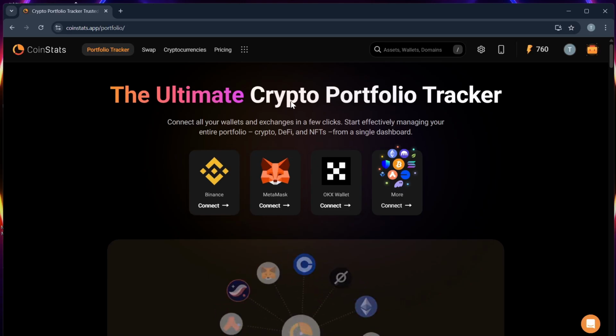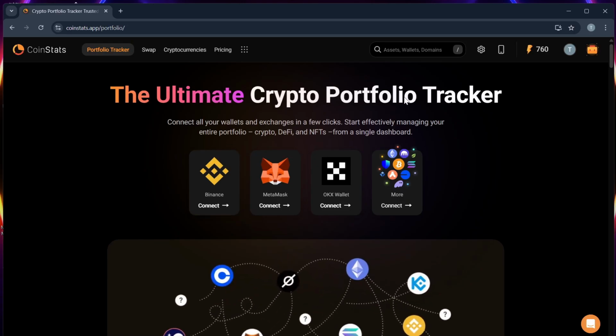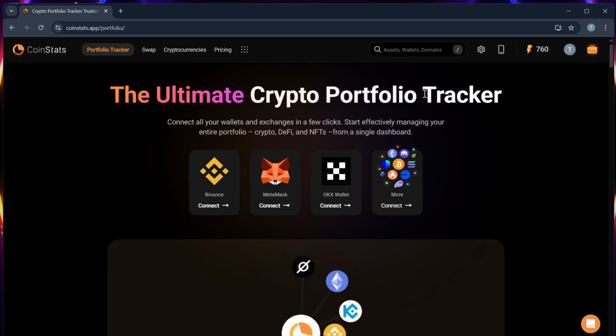CoinStats app tutorial. In this video, I will show you how to use CoinStats to track your crypto portfolio in